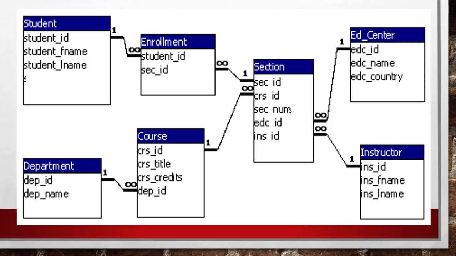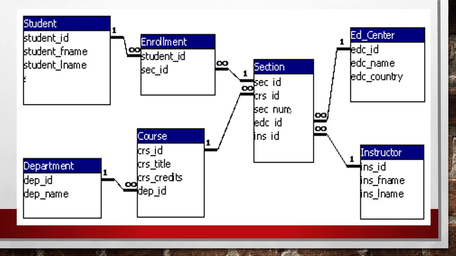The student ID of the student table is linked to the enrollment table by a common attribute, that is student ID. Since student ID will be different for each student, like how you have a register number and each student's register number is different, they use this as a common attribute in order to link two tables. In the same way, to link the enrollment and section tables, they use the attribute section ID. To link the section table with the education center, they use education ID.